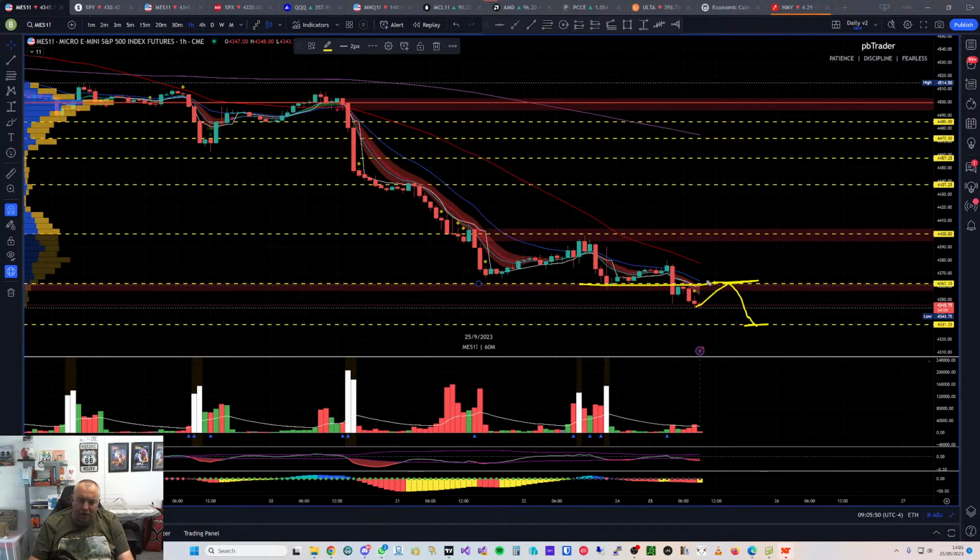If we start seeing buying in the market, and don't forget we've got the downward sloping 50 moving average coming into play as well, if we start to see a bit of buying coming back into the market, then potentially we could look for a break and retest long. But we will have to get over this 50 moving average at the same time,